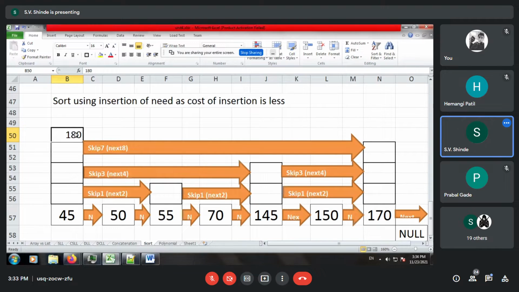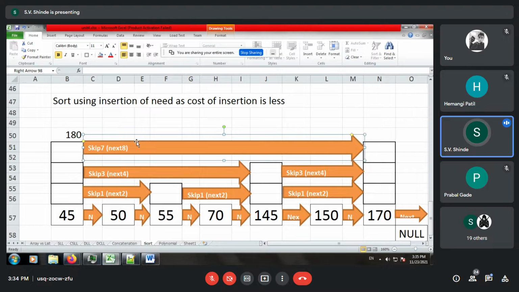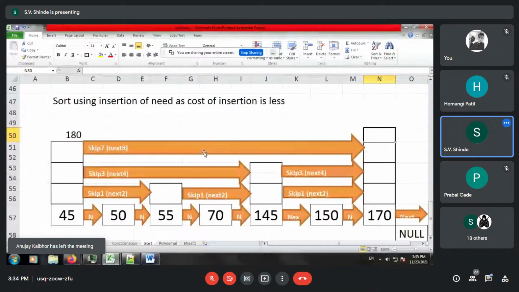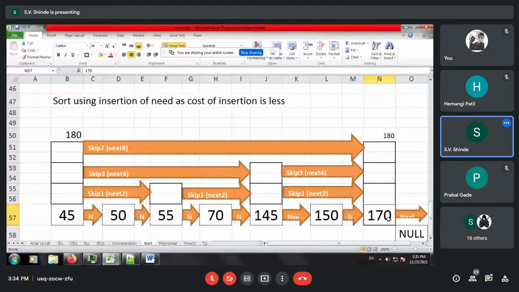So naturally, we have to look to the right of 45. So this was the first conclusion. Then to go faster for worst case behavior, we will choose the upper part, that is skip 7, and directly move to the last node. And over here you compare 180 with 170.